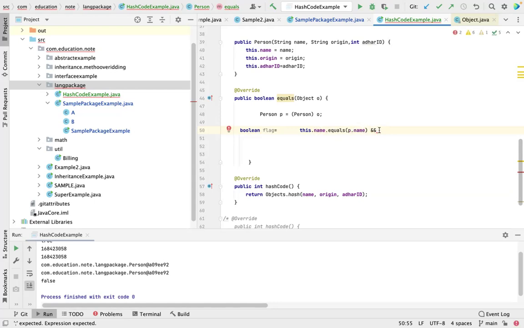This dot name equals p dot name, and this dot Aadhaar ID